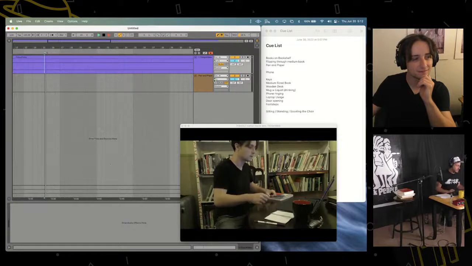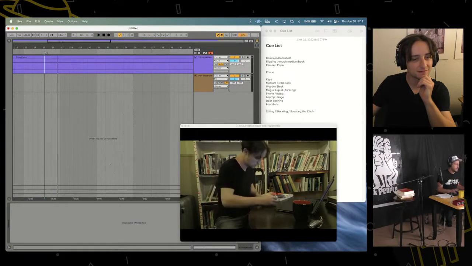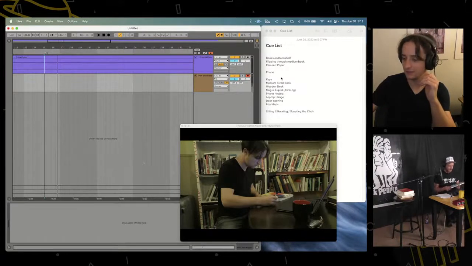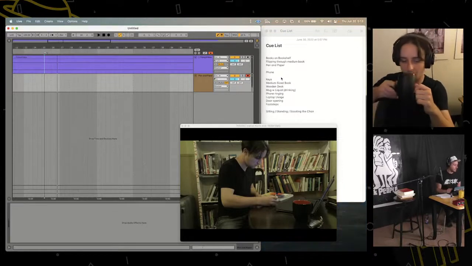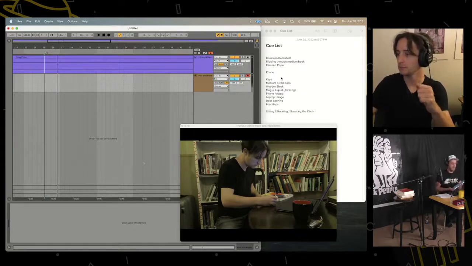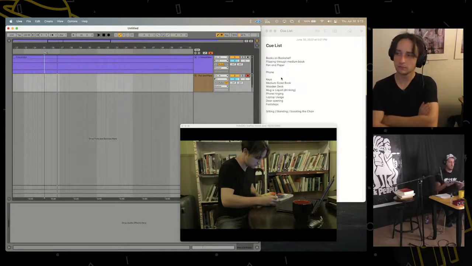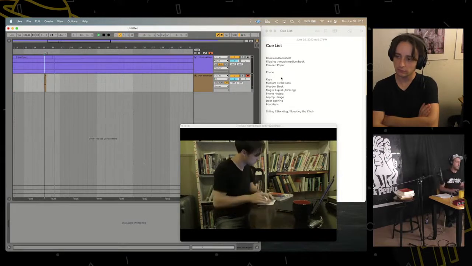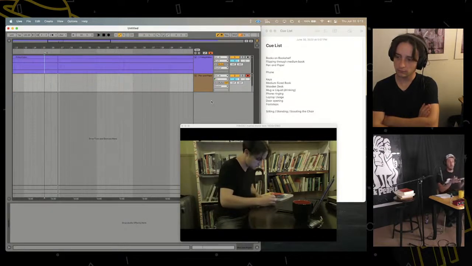I should have my tilde key mapped to record. Yes, fabulous. Pro tip: that key is not used for anything in Ableton, so in my default set, I've mapped it to the arrangement record button. So now I have a single hotkey on my keyboard to start and stop recording, which is really nice. Especially coupled with a Bluetooth keyboard, I can just walk around anywhere and hit record wherever I want, which is pretty cool. That's the number one button I want a shortcut for, so now I do.